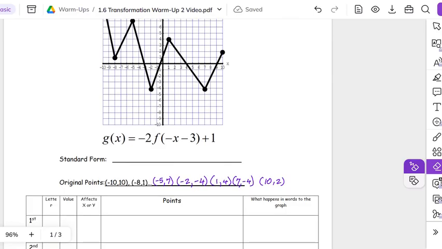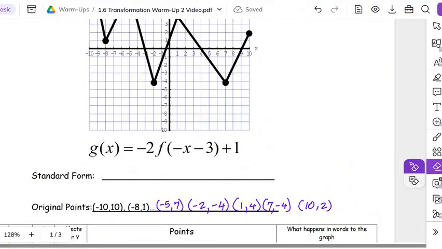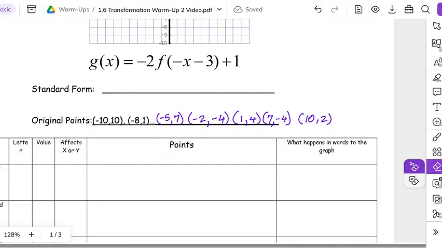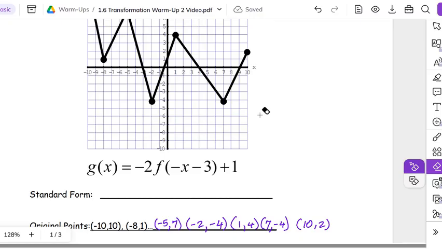In transformations, it gets a little difficult when we have more than one operation done at once, such as this equation right here. And so what we're going to do is figure out how to transform this without having to do each one separately in a crazy way. So this one here, a table will always help. And so the standard transformation format is always going to be